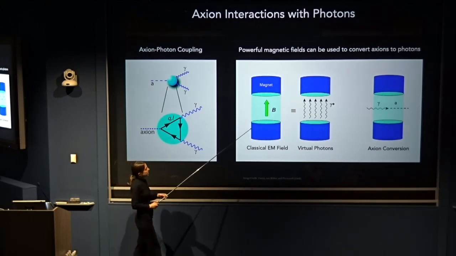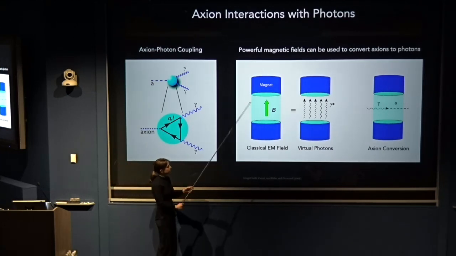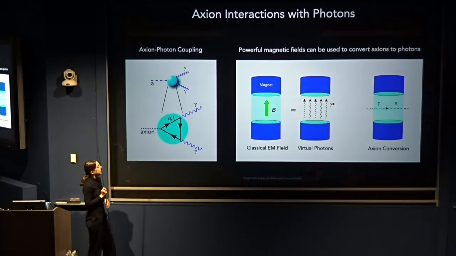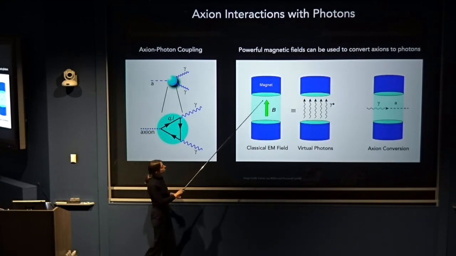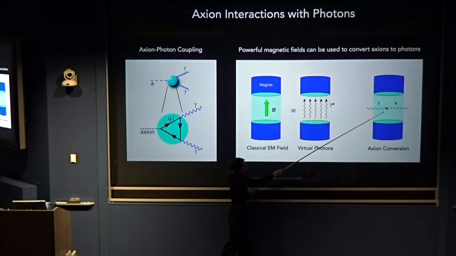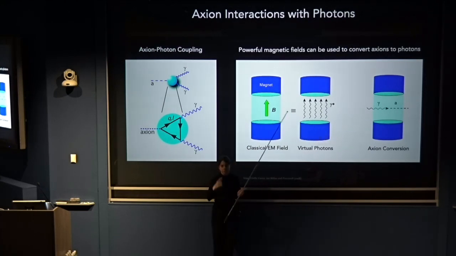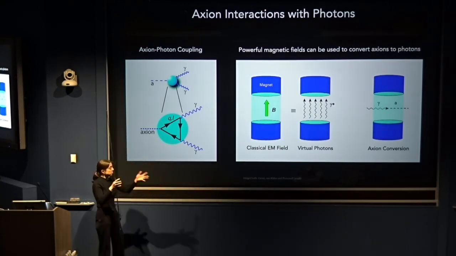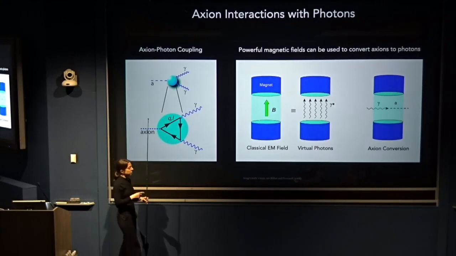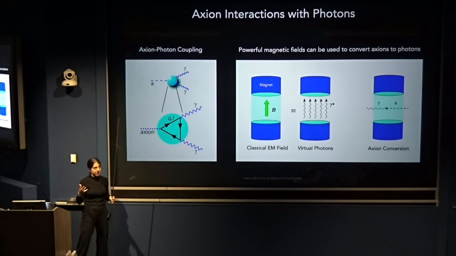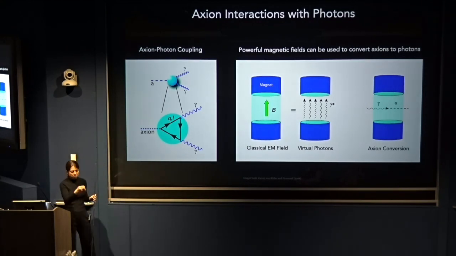Essentially a magnetic field is a collection of what we call virtual photons, because we can't actually observe them. And so if you sit your very powerful magnet somewhere, then you have the axion that can interact with those virtual photons and convert them to a photon that we can actually observe. So if we, in this room, put a very powerful magnet, then we might hope that an axion flying through could trigger the production of this very sharp light that would come out of it.